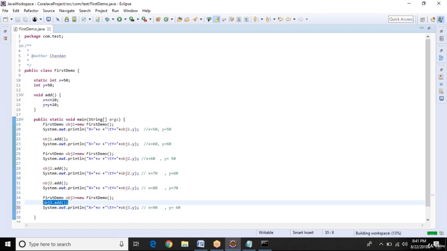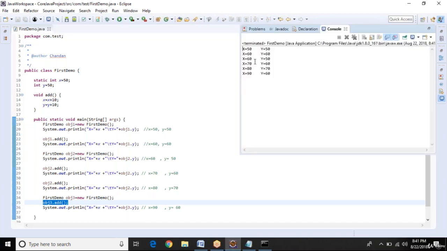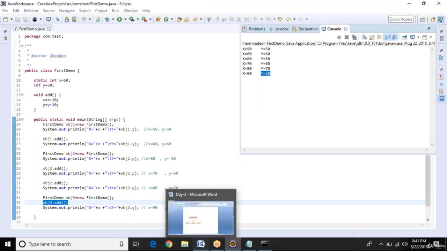So let me run this program. You can see x is always increasing, and y, whenever a new object is created, is initialized with the default value. So this is the concept behind static and instance variables.